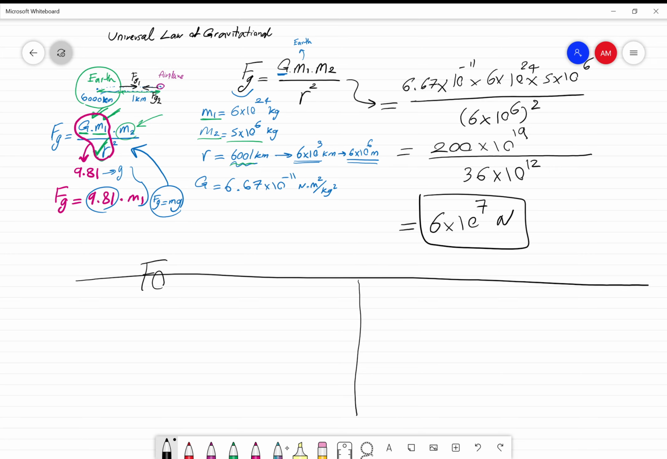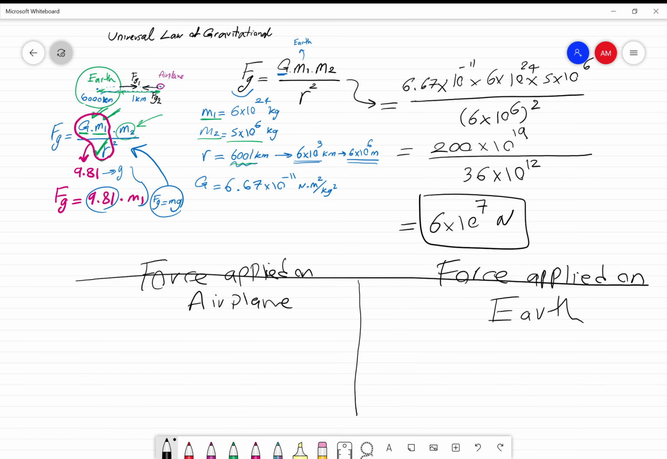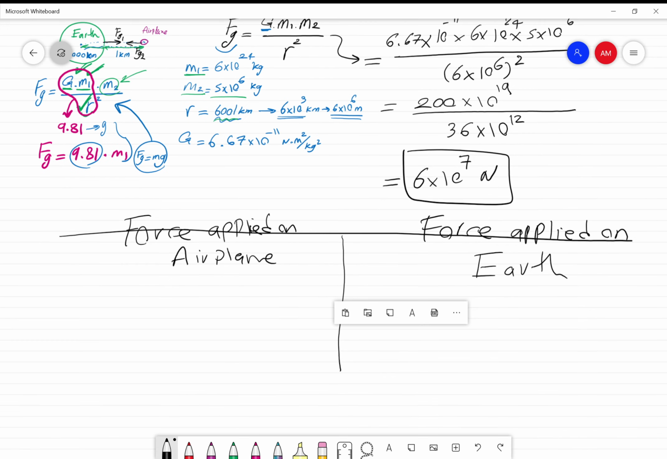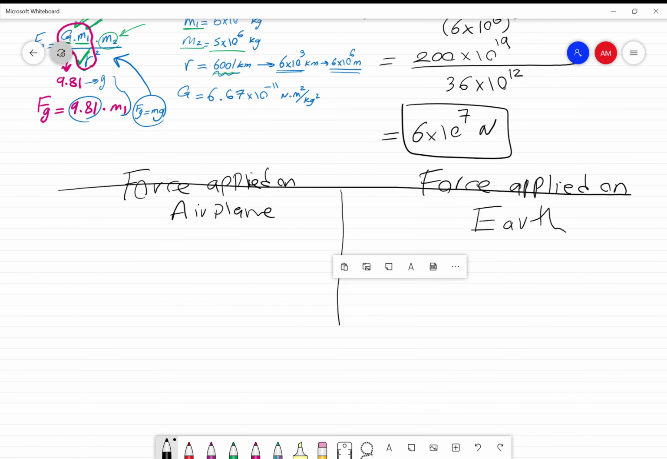Force applied on airplane, force applied on Earth. We agreed on this part. They're both applying force on each other. Same quantity, opposite direction. Now we're going to talk about how come Earth is pulling airplane, airplane is also pulling